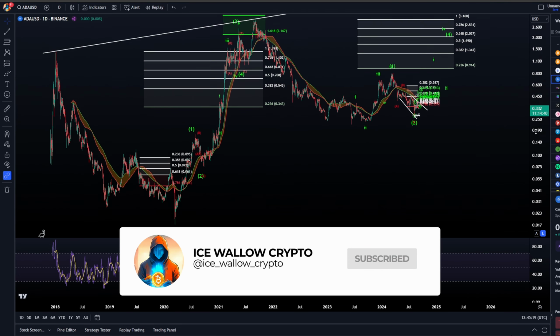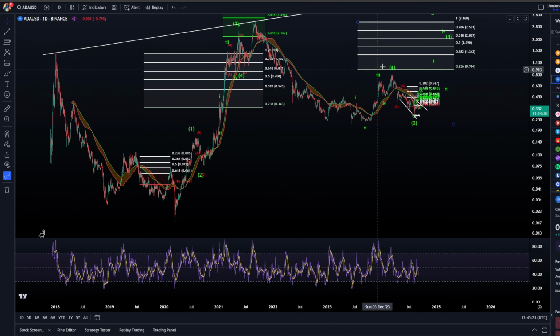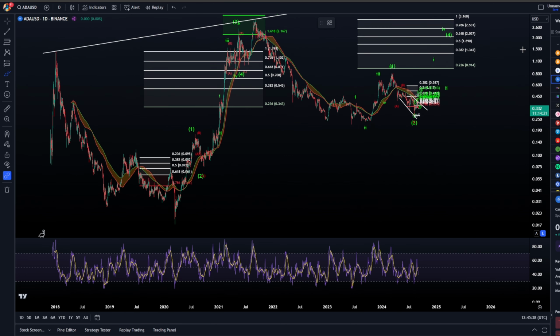So in this video, I want to compare this move that's happening right now to the move that happened in the previous cycle. Now, I know I've already talked about this many times, but I believe this is very important, and I believe you need to understand what happened here in order to be able to understand what might happen next in this cycle. I've already talked about how similar the structure right here looks to the structure that we have right now. I don't want to go too much in depth in that, so I'm just gonna try to